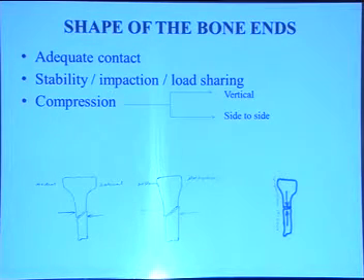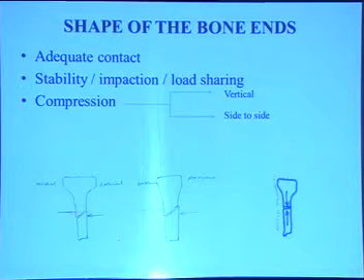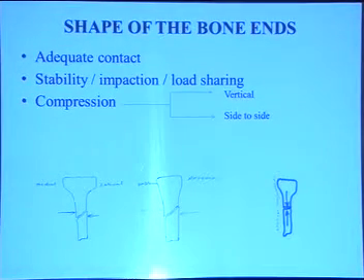And compression depends on the geometry of the fracture. It should sometimes be a side to side compression, because if you do vertical compression, there will be a possibility of displacement. Do not go for resection, because that will cause loss of limb length. So you can do compression by putting translation devices in this fashion, mediolateral compression or anteroposterior compression. If it is transverse, you can comfortably give a vertical longitudinal compression.